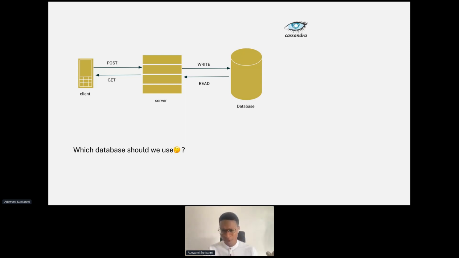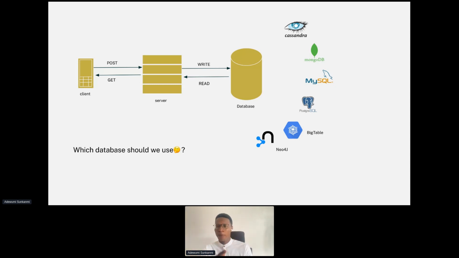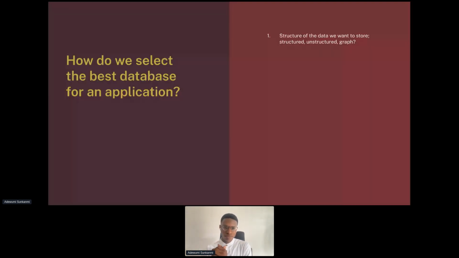We have Cassandra, we have MongoDB, we have MySQL, we have Postgres, we have Google's Bigtable, we have Neo4j. So many databases you can think about, right? So which specific one is the right one for your application? How do you select the best one for your application? Now, there are some criteria that come to us outrightly when trying to select the best database for an application,